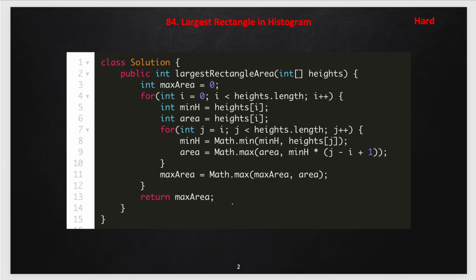So, here is the code implementation of this approach. As you can see, this is the first loop for I and we have a global maximum area and this local area we are computing for every sub rectangle. Then we are updating, starting from all I, and in the end we will update the maximum area and return the maximum. So, the time complexity, you can see we are running two nested for loops for this solution, so this will become O of n square, and the space complexity is constant as we are just using constant variables. So, this is the first solution.